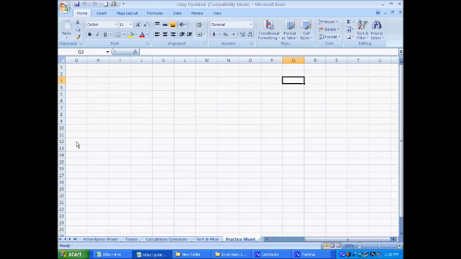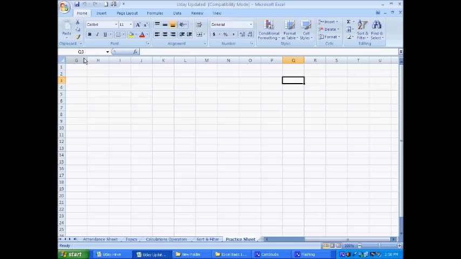Similarly, you will observe there are various rows. Over here it is row number 1, row number 2, row number 3, row number 4, and so on. Right now my cursor is on Q column and third row. Over here this part is called the name box.